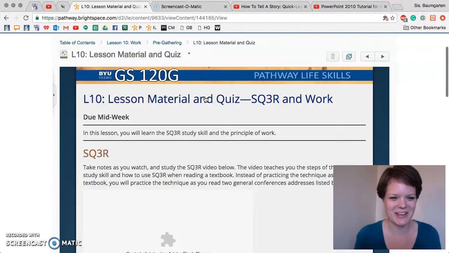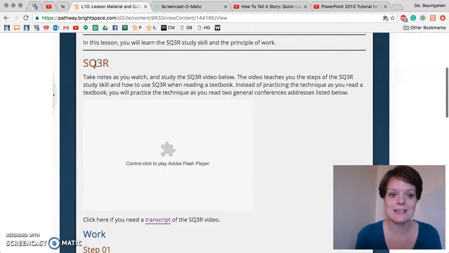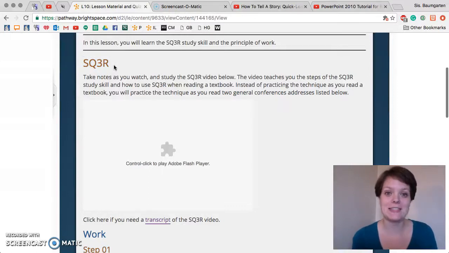Once it loads, here we go. One thing that we will be learning is the SQ3R technique, and this is a fabulous technique. It basically teaches you how to read a textbook in a way that will actually help you. Now, if any of you have ever struggled with textbooks, that was definitely me, especially in high school. I couldn't figure out how to work with a textbook in a way that worked for me. It was difficult to pay attention to a textbook. So this technique shows you how to actually absorb what you're learning.